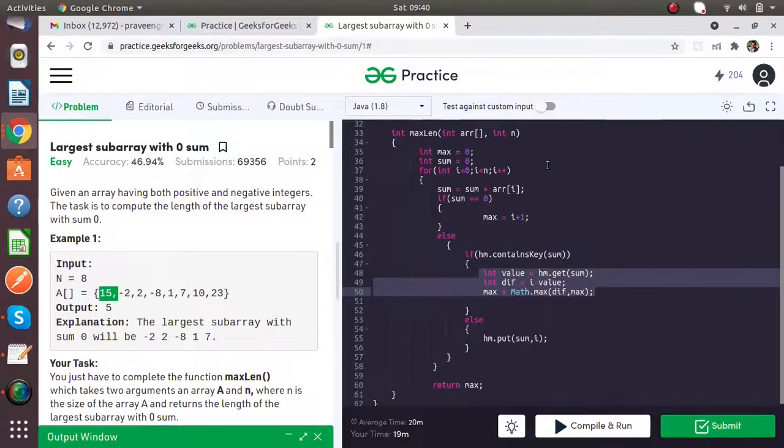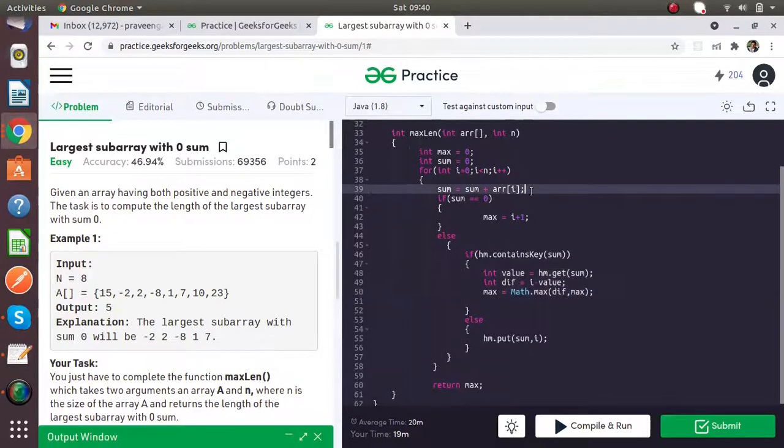So let's start iterating the code, which will help you understand more. Initially the max value is 0, sum is 0. We take a for loop which iterates the array from 0 to array length. So sum is equal to sum plus array of i. Sum is 0 plus array of i, 15. So the sum value is 15. We check if sum is equal to 0, not, so else if hm dot contains sum.